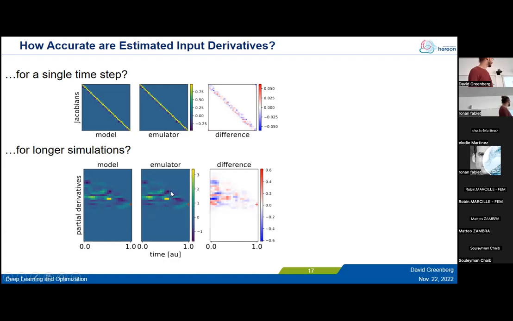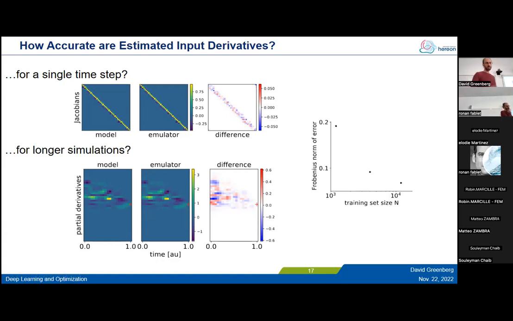And you can see we get this kind of shape where there's a positive or negative dependence of this value on others. We see this kind of asymmetric expansion of the region which affects this point, which is consistent with the asymmetric traveling waves in the simulation. And you can see this is pretty well represented when we use the self-iterated emulator compared to the simulation. And again, we have differences, but they're overall about 10 times smaller than the actual